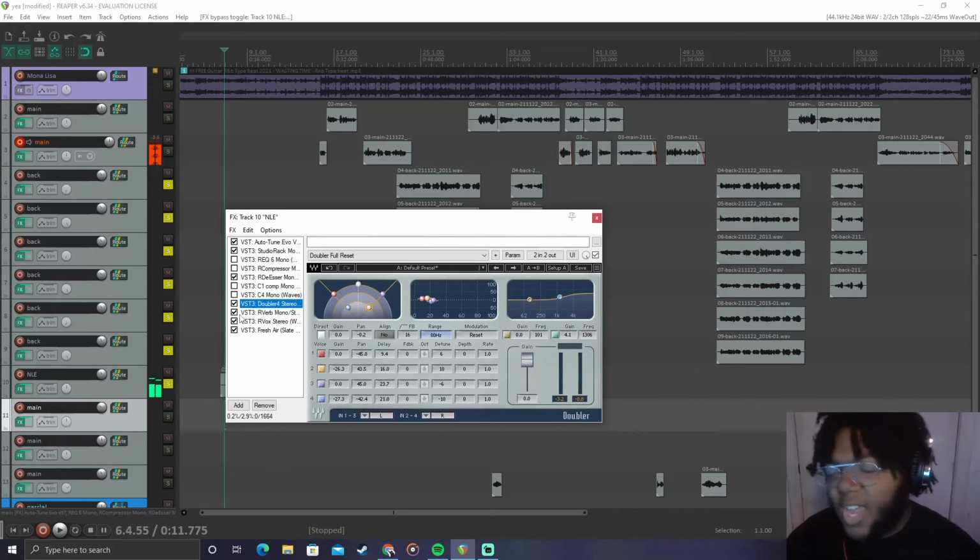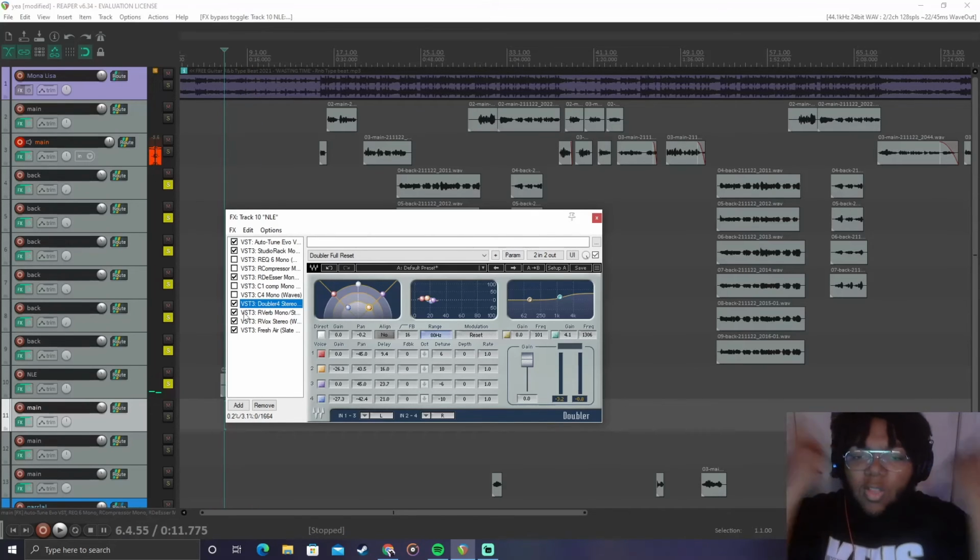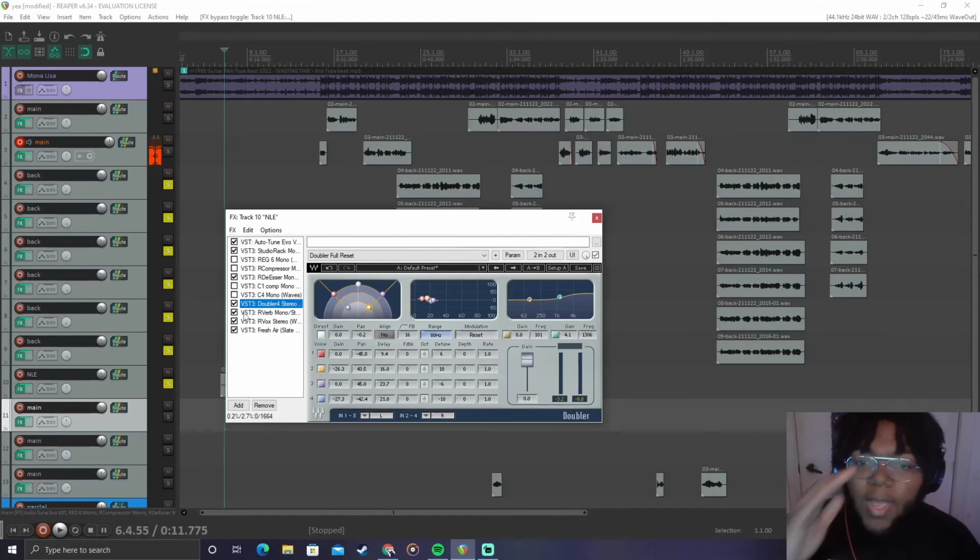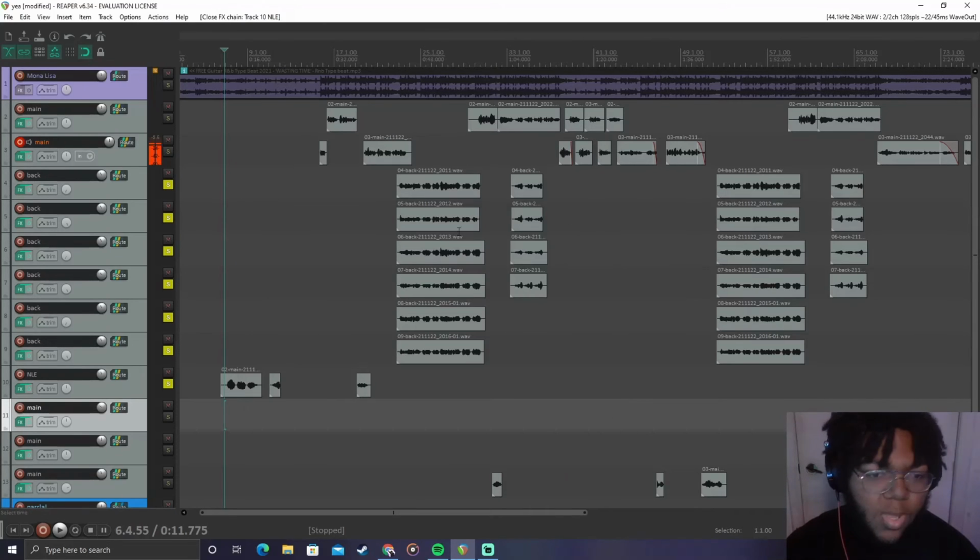Yeah, so that's kind of the difference. It sounds like voices all around you. That's exactly what the widen plugin does for real. This is just a better plugin that you can really play around with more than just widen, just putting it out. So yeah. Then right here,